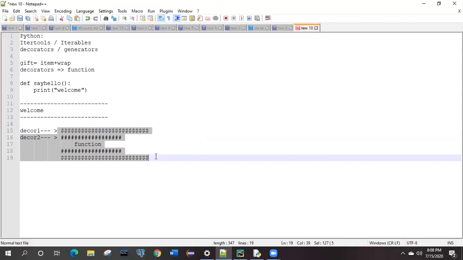In both of the functions, we have to pass the same function as the argument, correct? In decor one, the function will be the argument. Again in decor two, the function will be the argument. So that is the point.